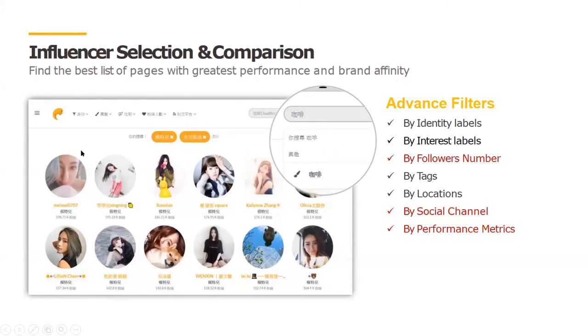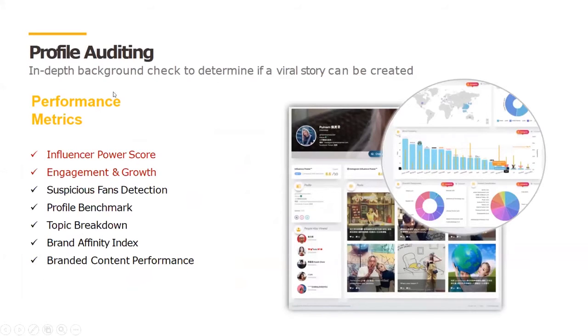And the next page is about the in-depth background check to determine if the story can be created, like the influencer power score, engagement, and growth. That means how many followers will type comments and share recommendations on the page, so as to attract other potential customers to read your YouTube, IG, or Facebook.